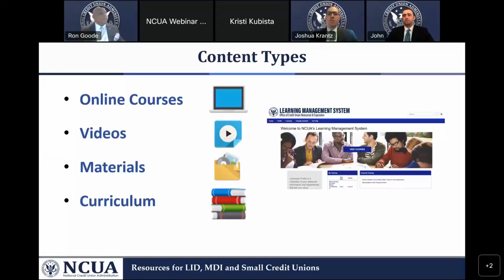So those are all included under materials. And why I'm sharing all this, you'll understand in a few minutes when I'm done explaining this. And then finally, we have curriculums. So curriculums are basically a combination of any of the first 3 things put into one package. So for example,